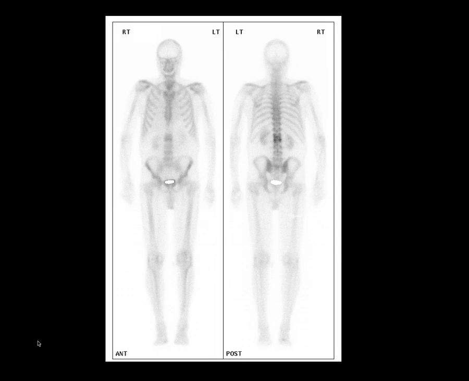This patient came to the nuclear medicine department with a bone scintigram request because he had a raised PSA. I think his PSA was 25, and he had an irregular prostate on rectal examination. So the clinical suspicion was that he had prostate cancer, and they were looking for bone metastases. The patient did also have quite severe back pain, and he'd been investigated for that recently and had a CT